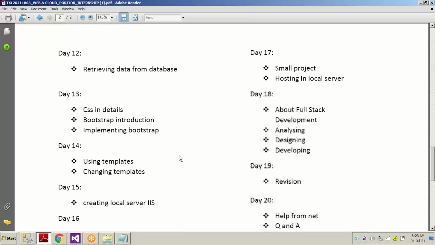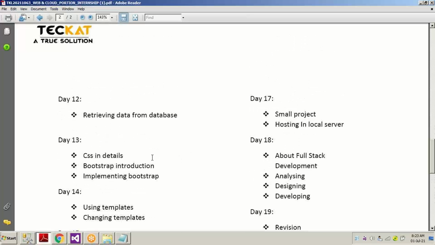We are going to discuss implementing Bootstrap. It's all very easy: how to create CSS and how to implement it in our page. We are not going to use server-side coding tomorrow, but we are going to do some JavaScript programming also, the validation and authentication that are widely used in our projects.